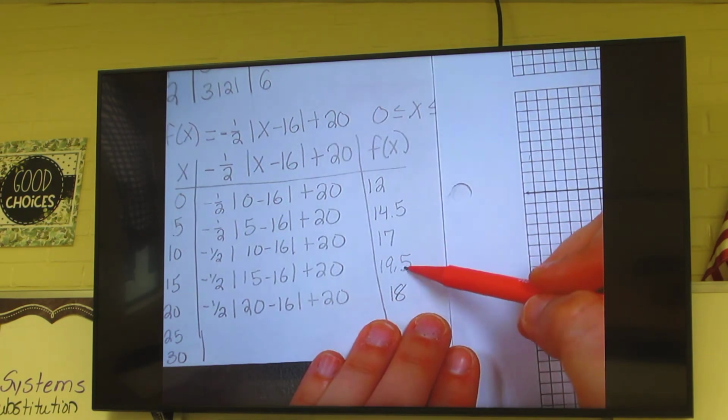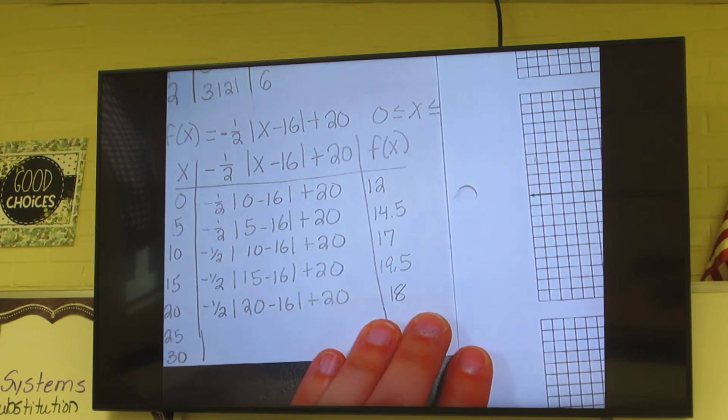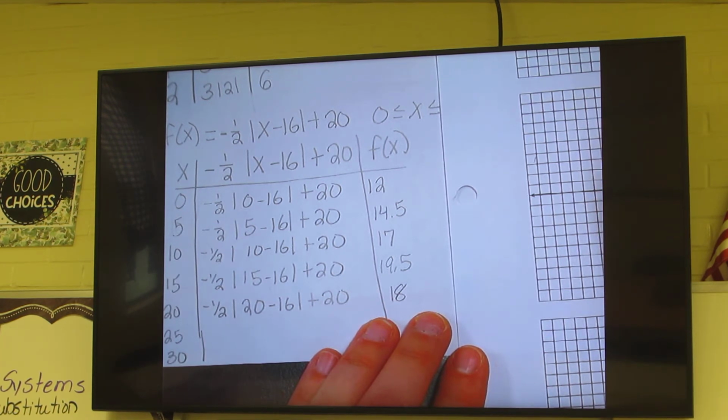Alright, so the highest we have to go is to this 19.5, okay, or somewhere, so let's count by 2s, and we'll go from 2 to 20. Okay, now, let's get what we have. We have 0, 12, and then we're going to count by 5s here, 5, 10, 15, 20, 25, and 30. Okay, so 5 is 14.5, 10 is 17, 15 is 19.5,